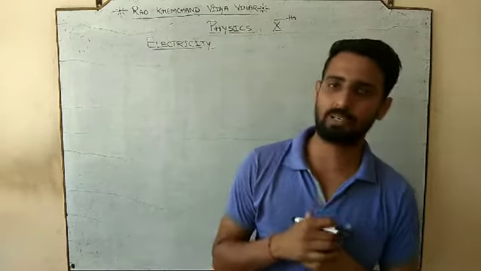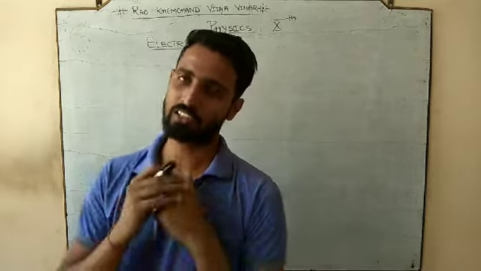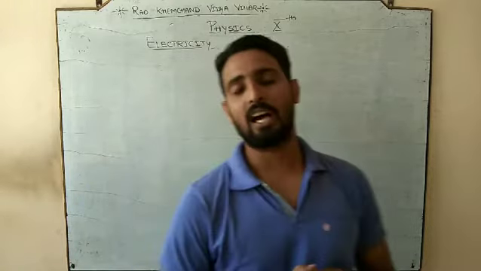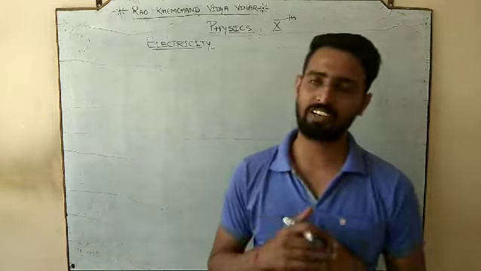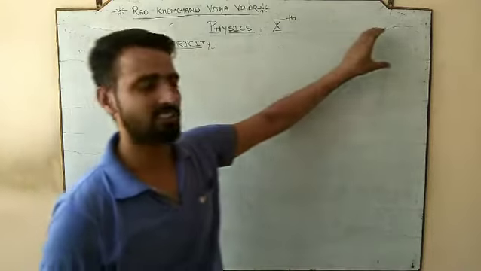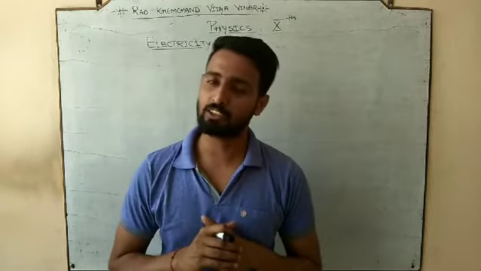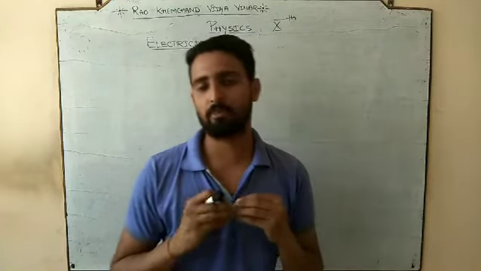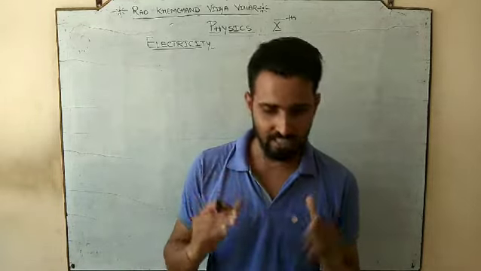So here we are again present with the next lecture of the 10th class, and the chapter that we were dealing with was electricity. In today's lecture we are going to work on the resistor a little bit more. In the previous lecture, if I recall, we studied some basic terms like conductance, conductivity, current density, dependence of resistance on temperature, and at the last I tried to explain one of the most important things that we use in our practical life, the color code of the resistor. So we have done up to here.